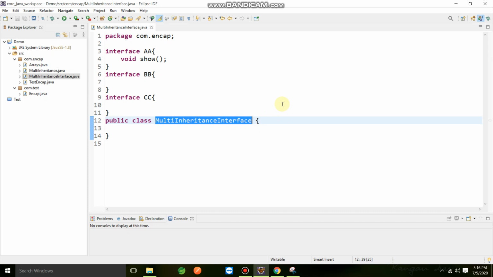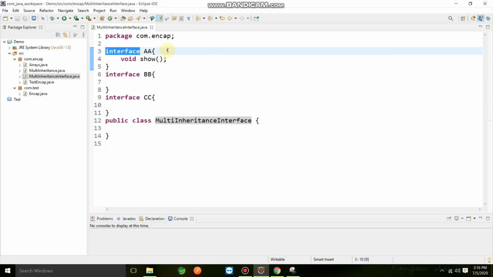I will show you how, but first we'll look at multiple inheritance and how we can implement it using interfaces. That's the main concept of an interface: whenever you only want to declare but don't want to define, you use interfaces.